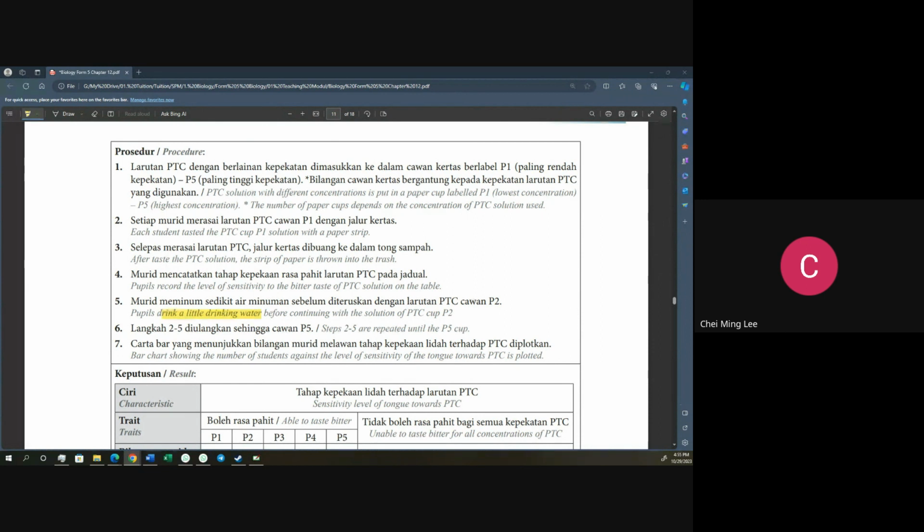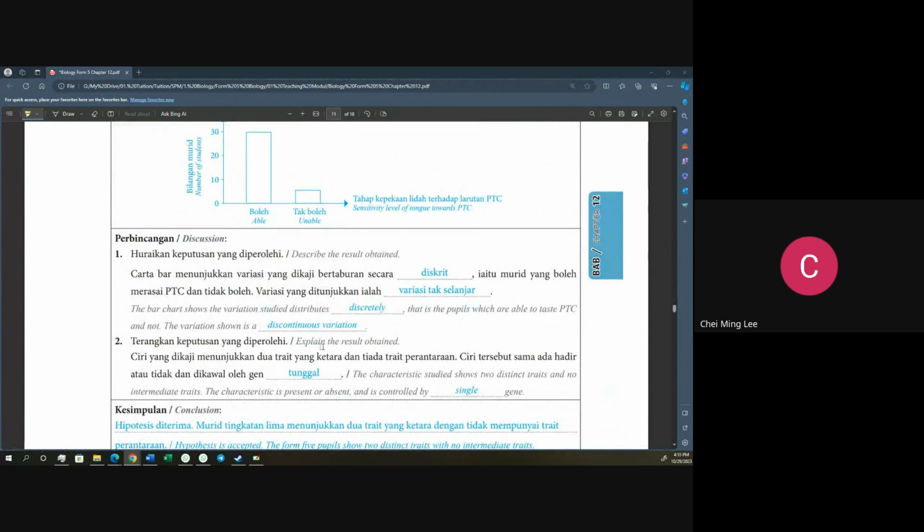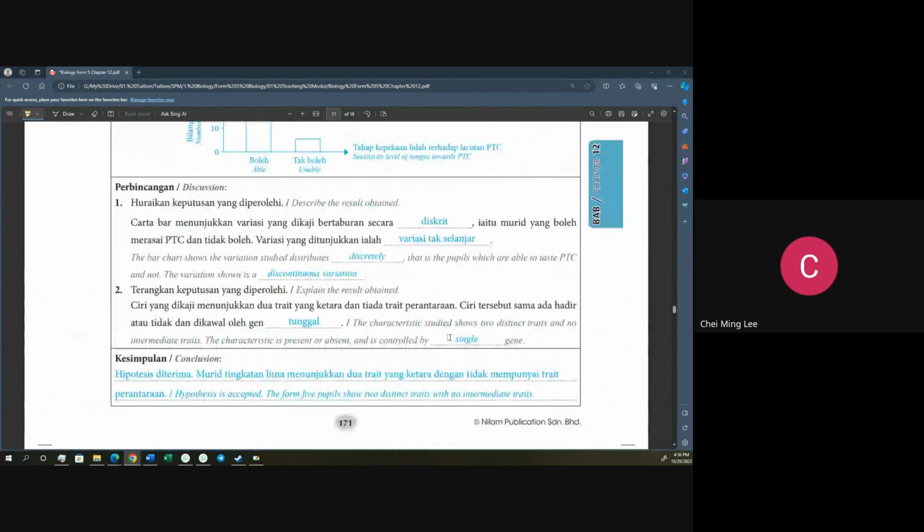Okay, so the bar chart showing like this. So it's okay, we just show like this. So you see able or not able. With this, you can see that it shows a discrete distribution. So it's a discontinuous variation. It's controlled by one single gene. Okay, quite easy. So this is how it looks, this is how the genetic variation looks for